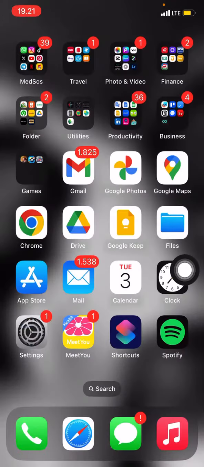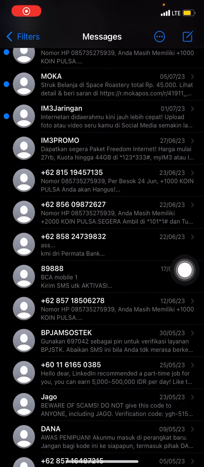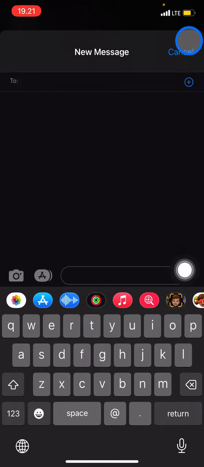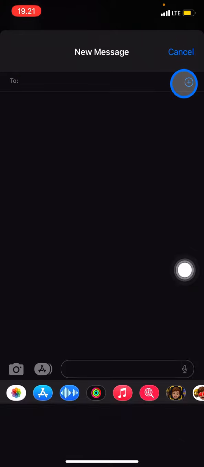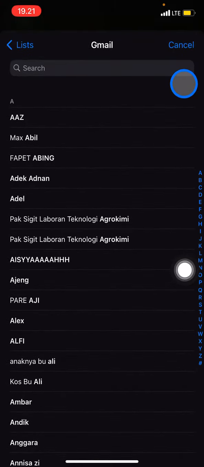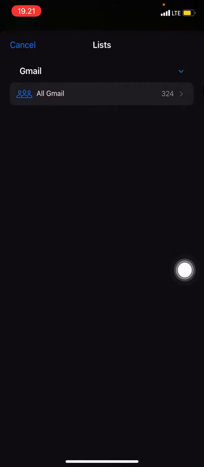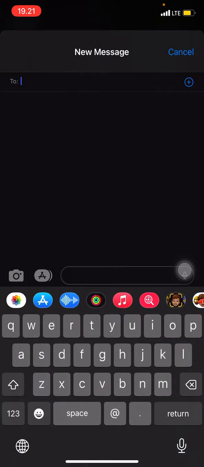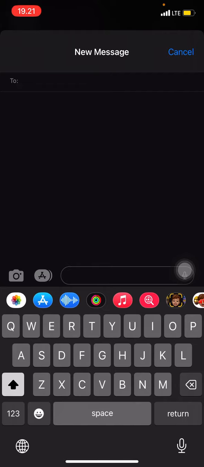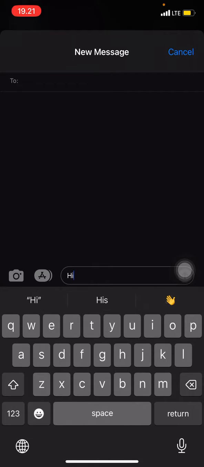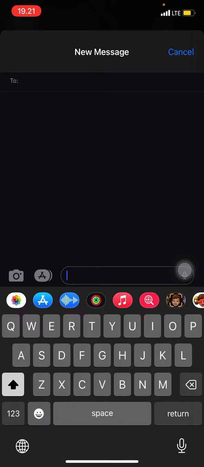After that you can just open your Messages app here, right? Then to start, you just need to click this upper right corner and type the name of the person you want to send your message to. Just scroll down and choose whom you want to send the iMessage to. After you choose one, you just need to type anything here, like saying hi,